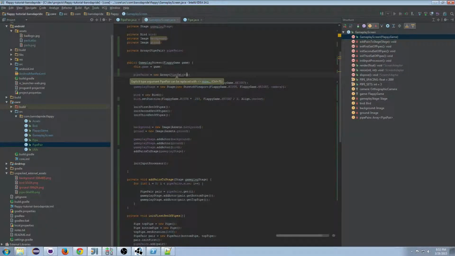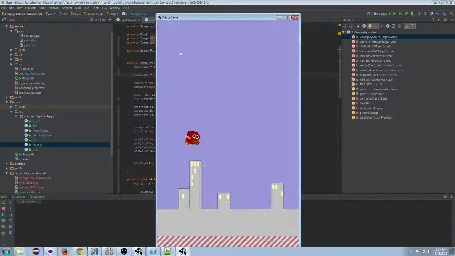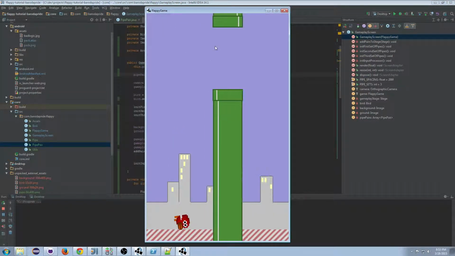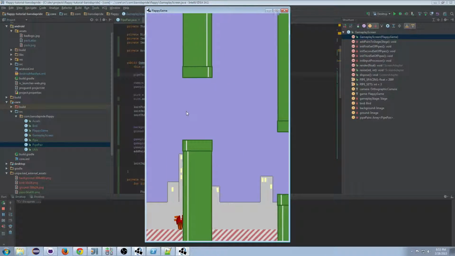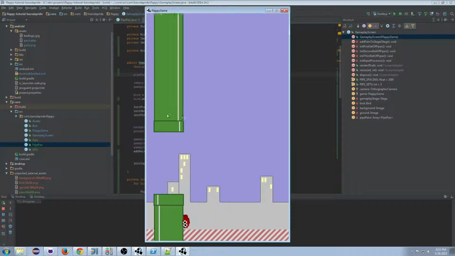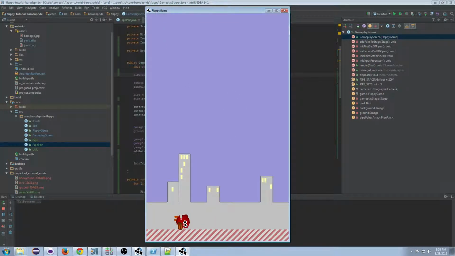I wonder why. It says I can get rid of it, so I don't know. Okay, but there you go. It's working. So there's our 3 sets of pipes, and then we have nothing. So obviously all we have to do is make the first set of pipes